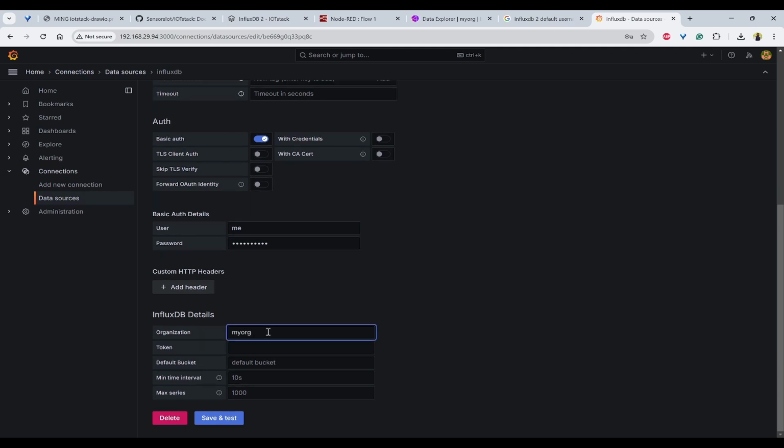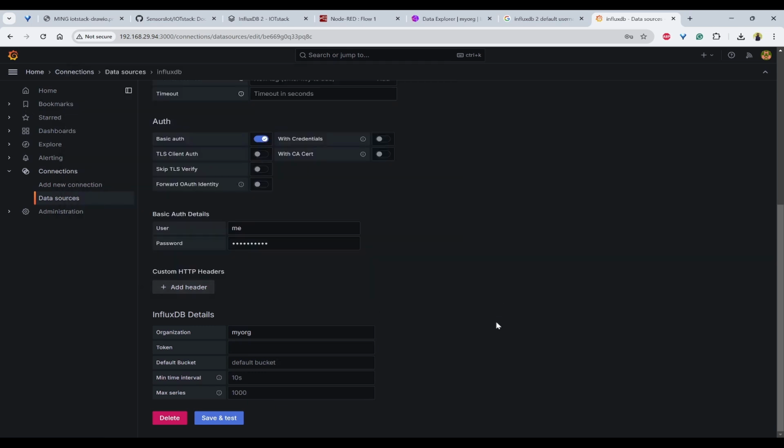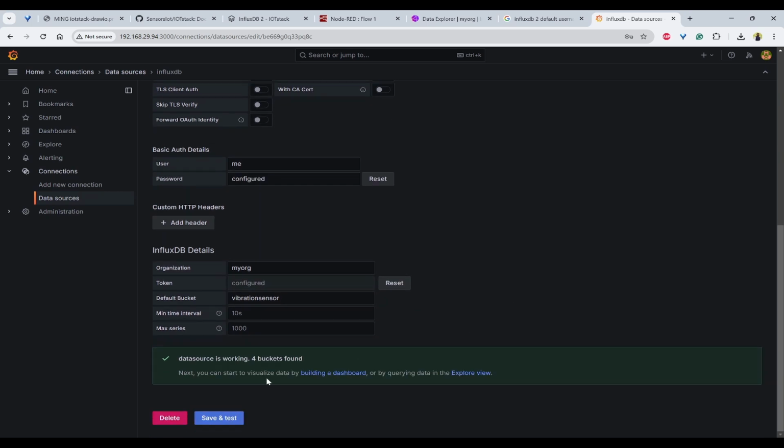Organization is my org, and the token I mentioned, we need to copy. So I'll copy and paste it here. Then the default bucket. This is also done, and I'll click on save and test. Now the data source is working. So we have Grafana ready.